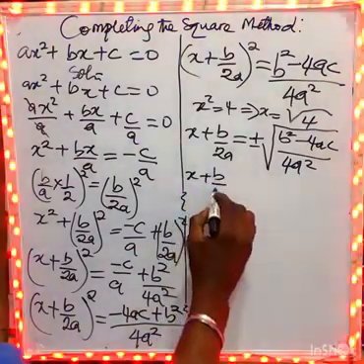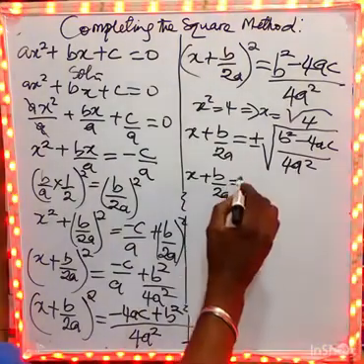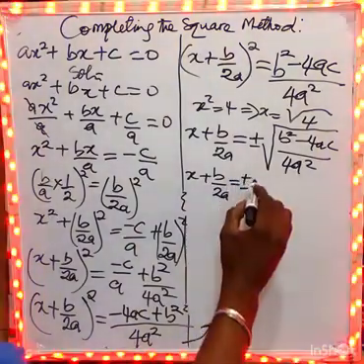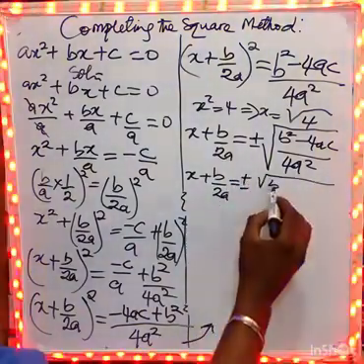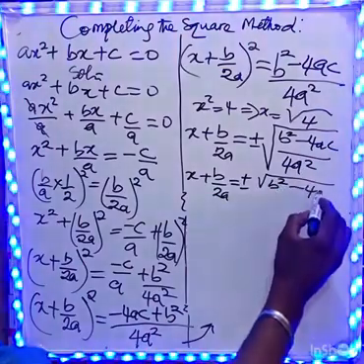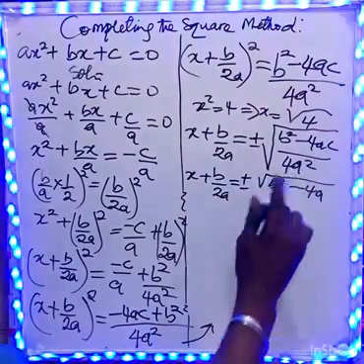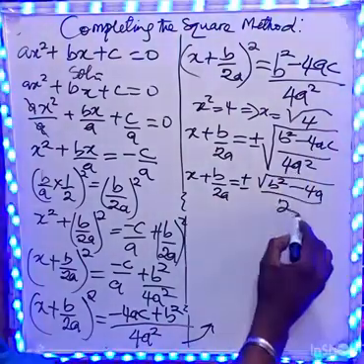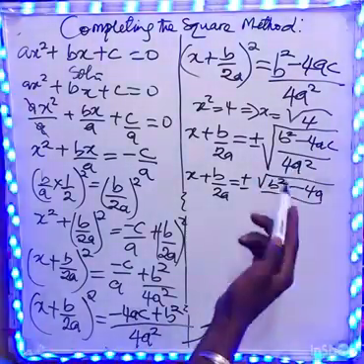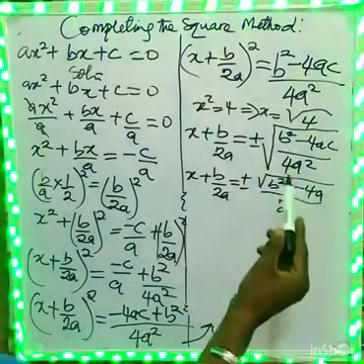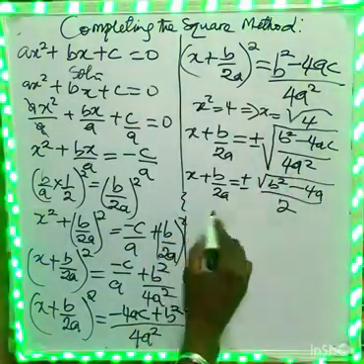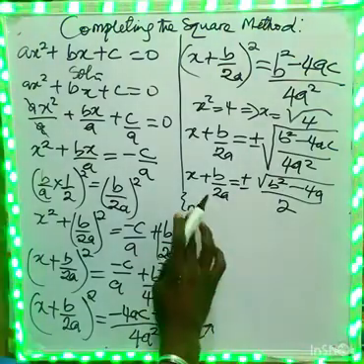Okay? And this is equal to x plus b over 2a is equal to plus or minus the square root of b squared minus 4ac. The square root of 4a squared will give you 2a. Okay, the square root of 4 is 2. The square root of a squared is a. Okay, so now we will now have that x,